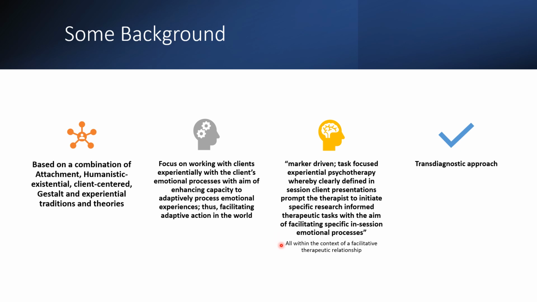And then the final part of this, right? What have we spent 5 minutes on one sentence here? It occurs in the context of a facilitative therapeutic relationship. This is no different than we've talked about the relationship all semester. It involves collaboration, warmth, validation, and agreement on tasks and goals of therapy. So all of this stuff that we just outlined occurs within that therapeutic relationship. And that therapeutic relationship is often talked about as one of the first and most important parts of doing EFT